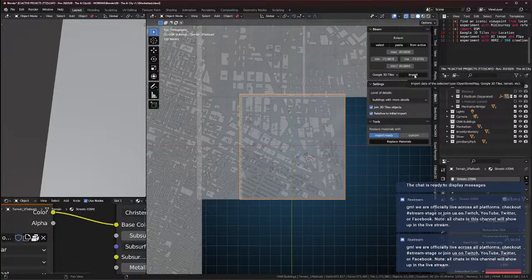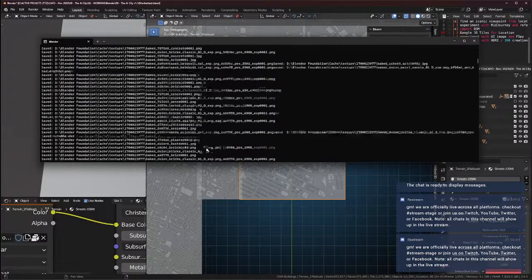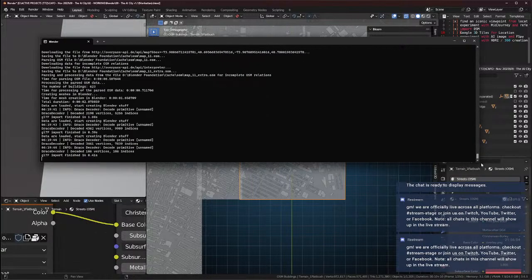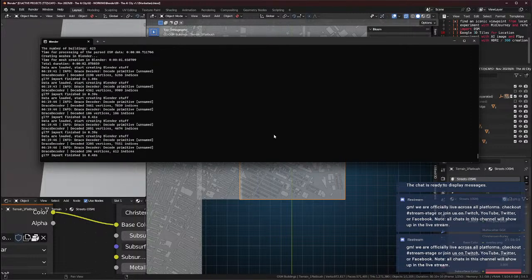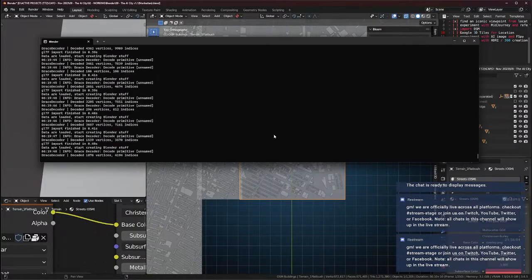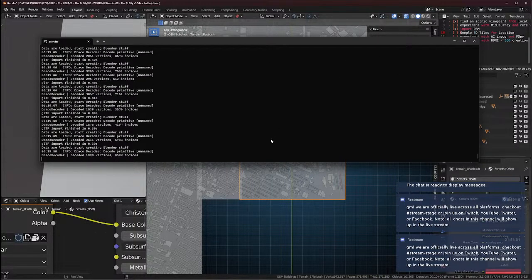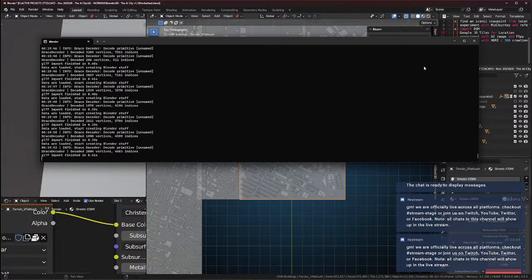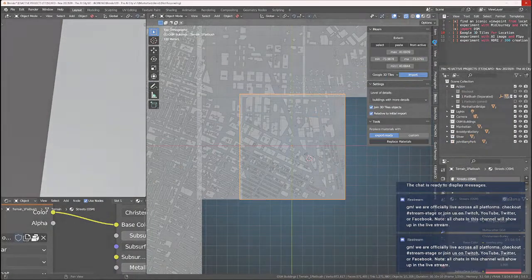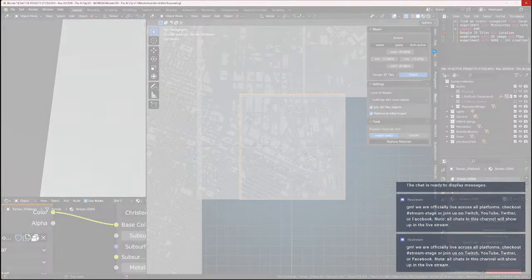So I was going to go ahead and import it. And this is going to take, we'll see. My guess is at this level, it's a pretty small area, but it's going to probably take, well, we'll see. If it doesn't finish tonight, then we'll do it later. So it's going to start downloading. Hopefully it doesn't mess me up. Uh-oh. All right. Well, if it does,